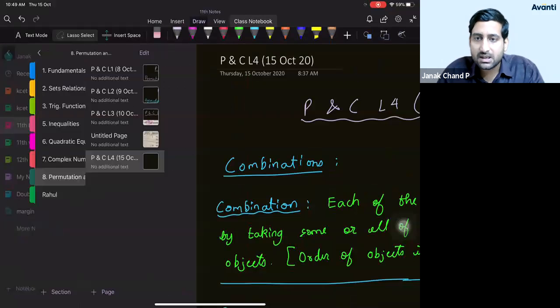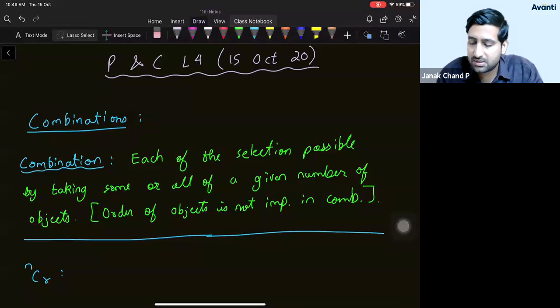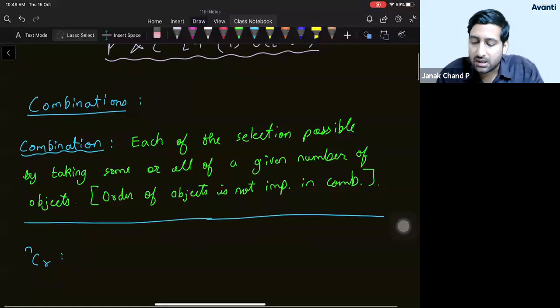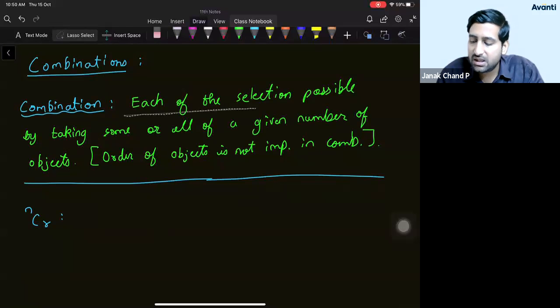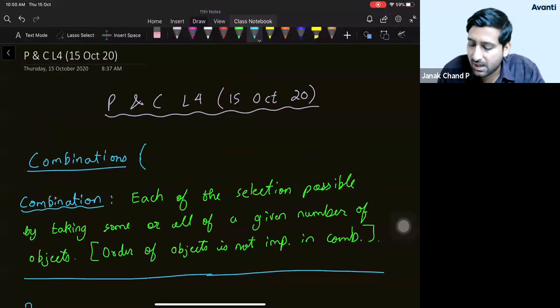So today we'll be starting combination. Fine. In this combination, students, first let's see the basic things, then we will be solving the questions. Okay, so the basic definition of a combination is that it is each of the selections. Remember, in permutation we use the word arrangement; in combination we use these words. What words, students? Either we can use selections or we can say committee or group formation